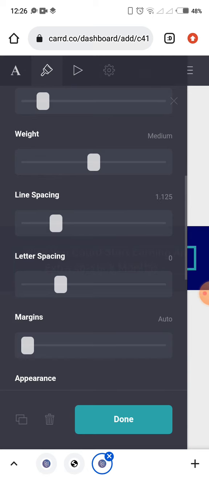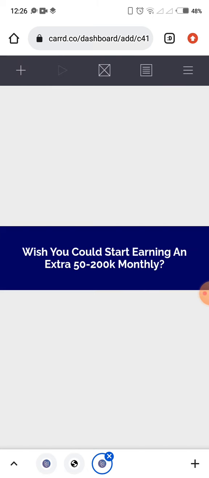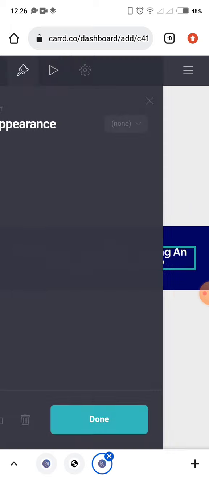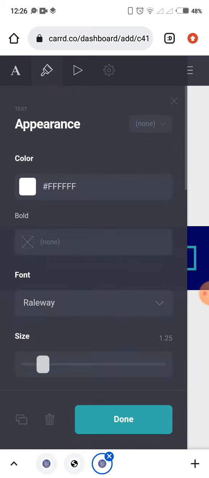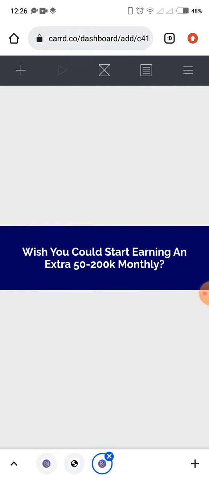Okay, let me just explain. You see, now let me explain some stuff here. The line spacing is the space between these lines. "Wish you could" is the first line, and this next one is another line, so you can see the space between the two of them is the line spacing. Then I made it bold and I'm writing it, and that's all. So now the next thing we want to do is create